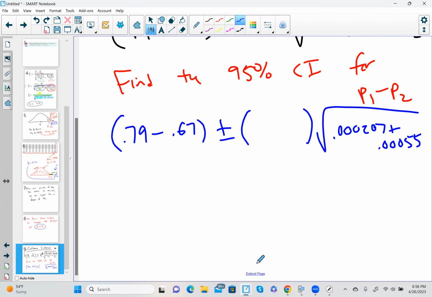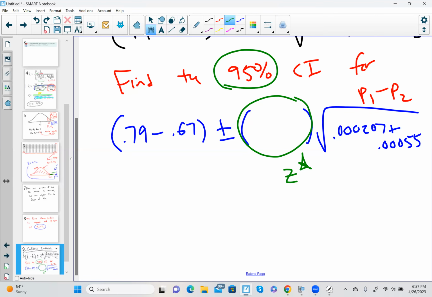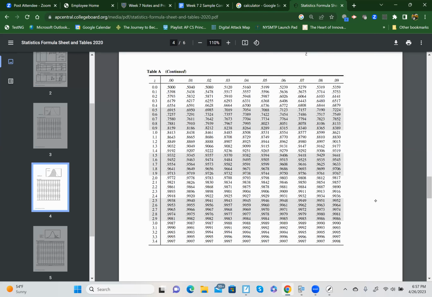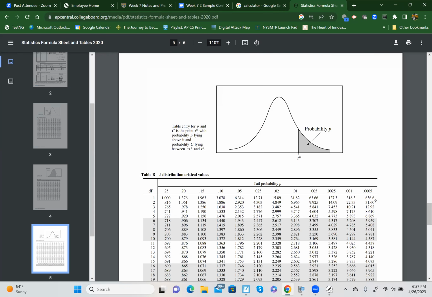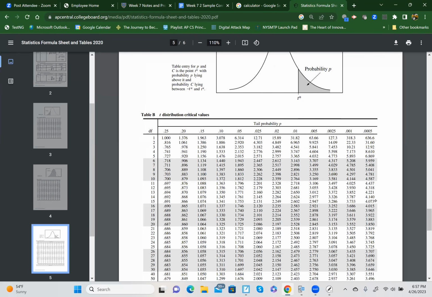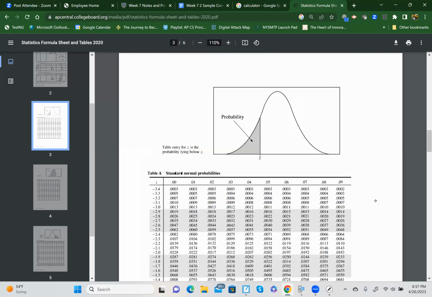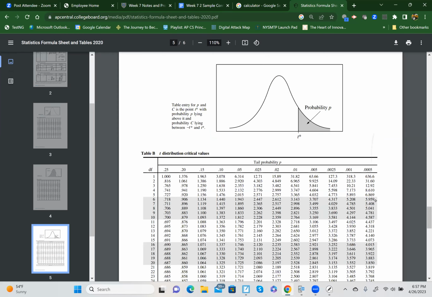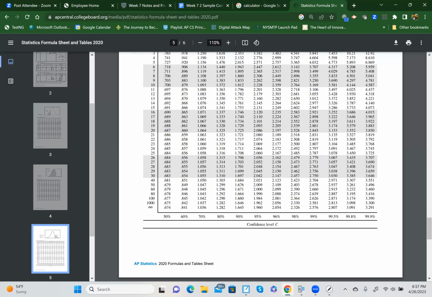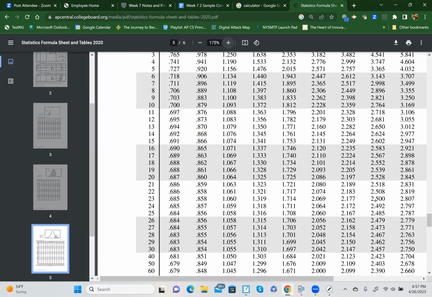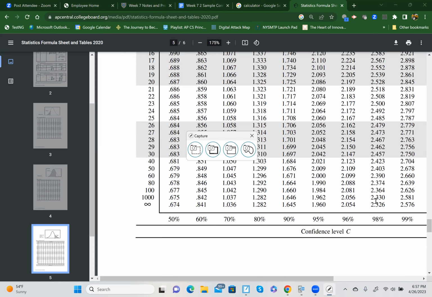So question is, what goes in here? Like, how do we get the number that goes in here, this Z star? And it turns out that's related to the 95%. Related to the 95%. Okay, so how do we do it? Well, there's something called a T-chart. So I'll put this link into Canvas for you for later. But the last chart, these two charts, that's a normal chart, that's a normal chart, and the last chart's called a T-chart. And if you look carefully at the bottom, you're going to see the number